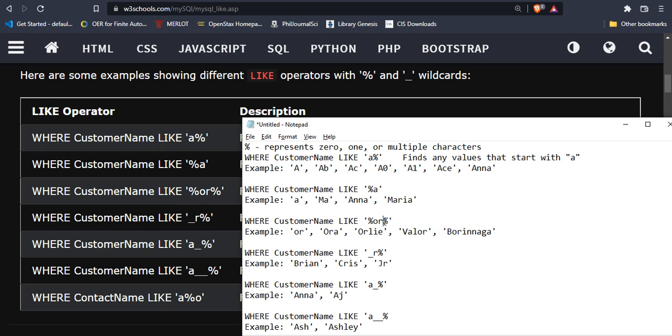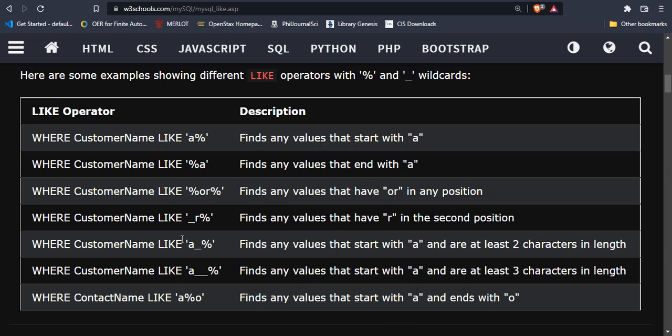Okay, so next we have this one right here. Ito. Find any values that have R in the second position. So, paano nangyari, no? Na any value that has R in the second position. Kasi, we have an underscore, no? So, according to our definition kanina, underscore